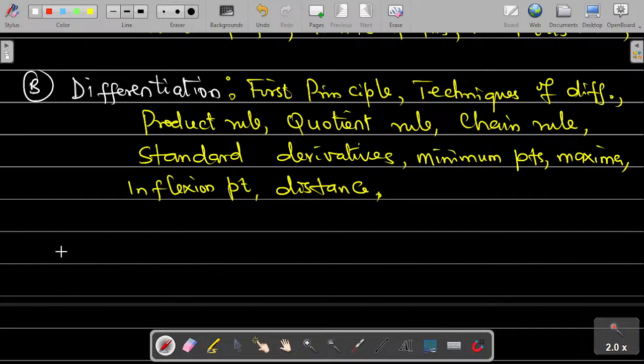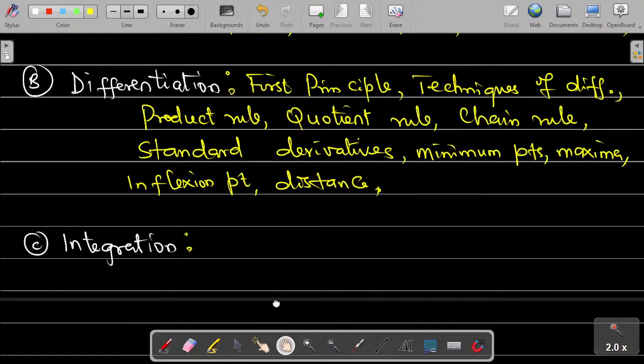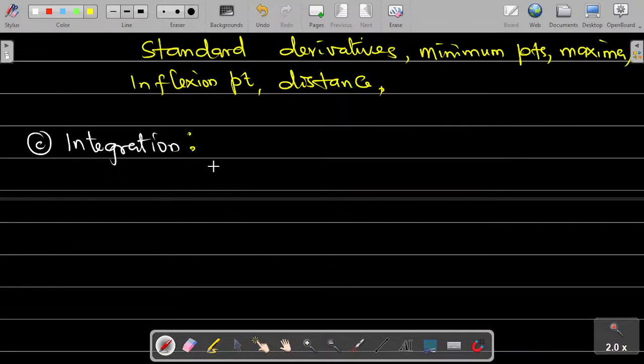And then the third one, which is integral calculus or integration. Under integral calculus, we are going to see basically how to integrate different functions. Let me call it what I call standard under differentiation. I call them standard derivatives. So here you can call them standard